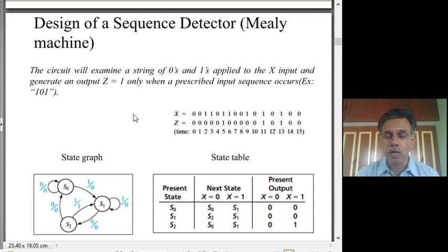But here there is only one input and one output. X is the input, Z is the output. And what is the pattern we are looking for? The pattern is 101. And we are defining that whenever we find a clock period in which the sequence one,